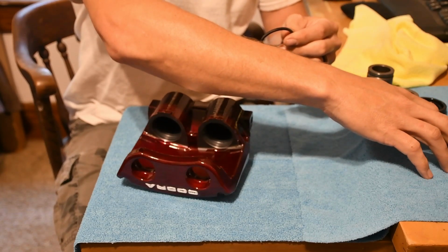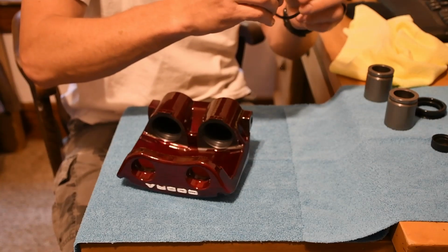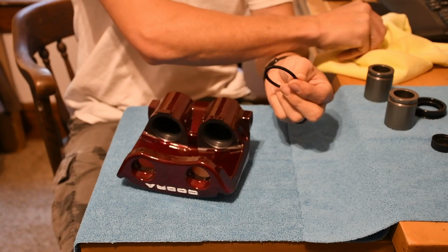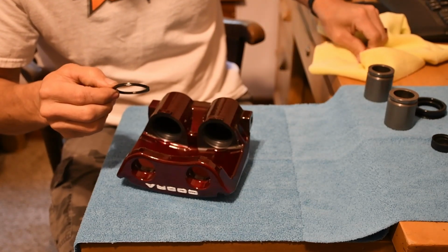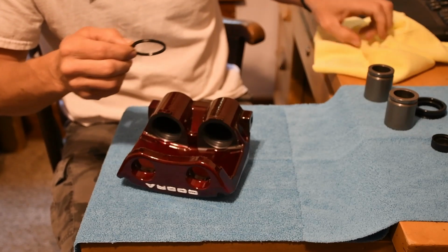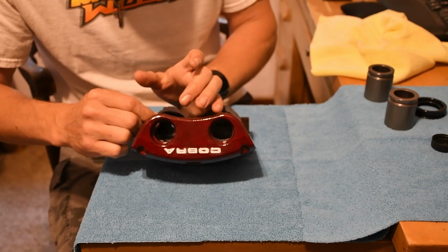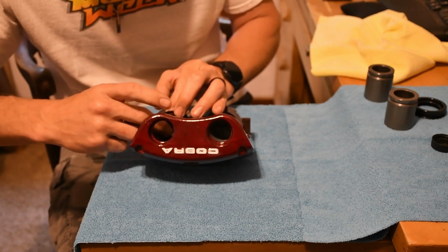And then as much as possible you want to make sure and keep your fingers clean, because any place you touch on this afterwards you've got a chance of messing up the finish. So as much as possible try and keep your fingers clean. And you're just gonna